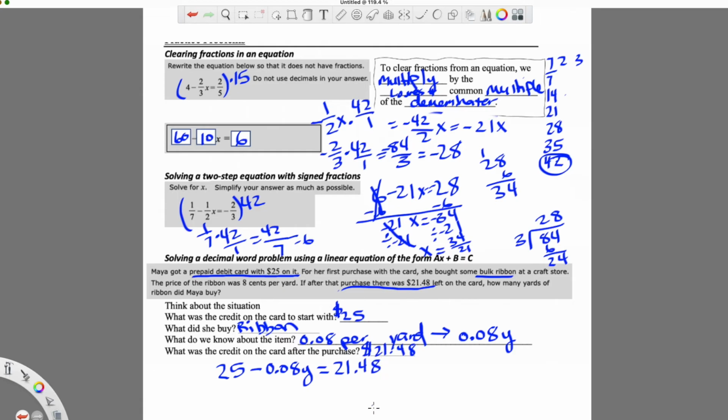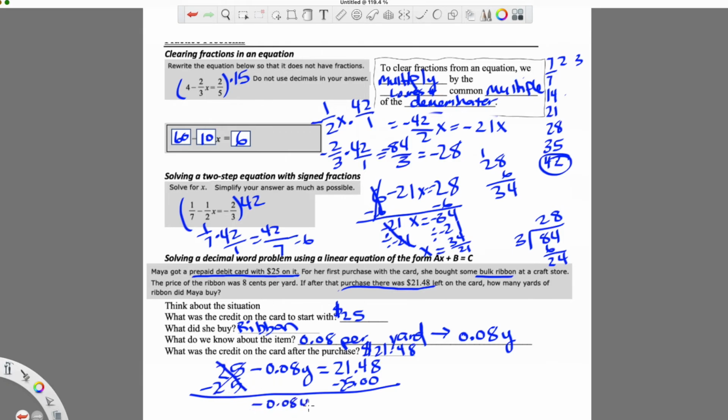Okay, so now we can go through and start solving this. So I want to look at what's being added or subtracted on the same side as the variable. Again, be careful, it's not the negative 0.08. That's being multiplied by y. What's being added is this positive 25. So I'm going to subtract 25 from both sides. Like this. So 25 minus 25 cancels out, and I end up with negative